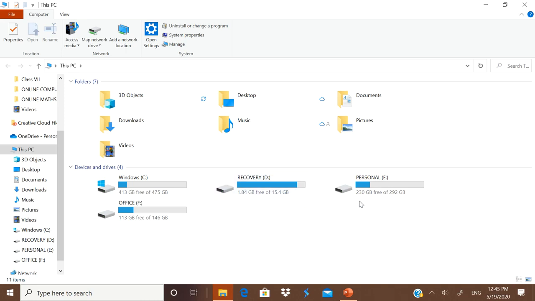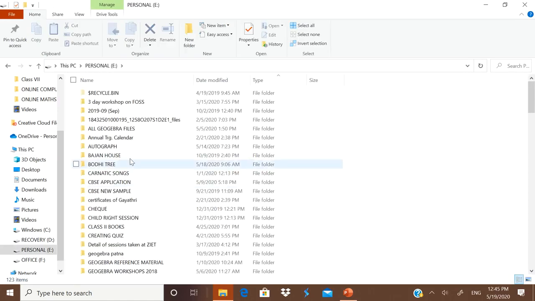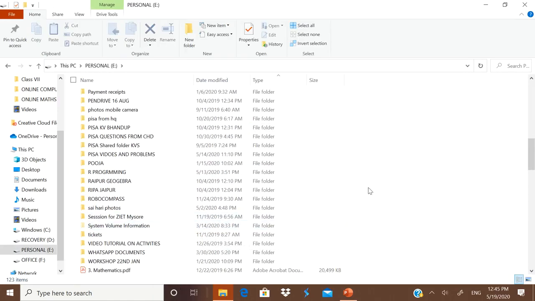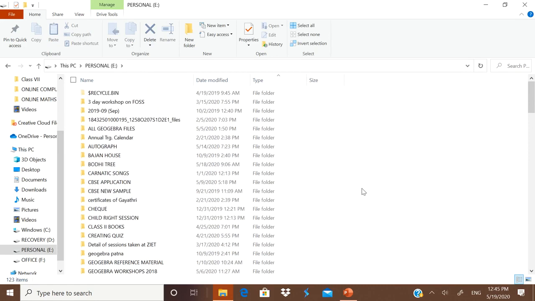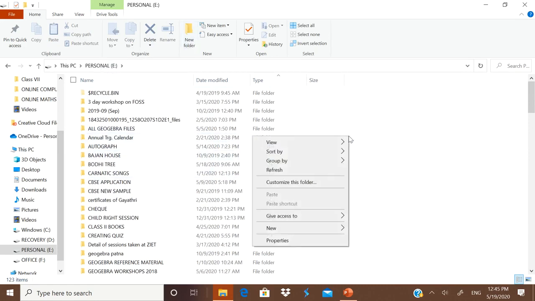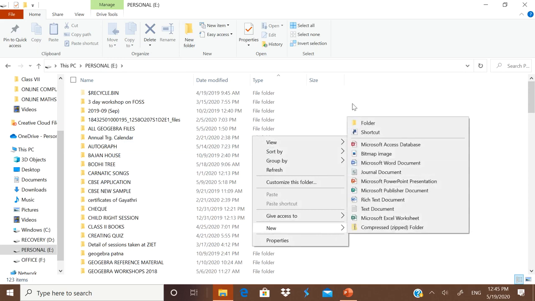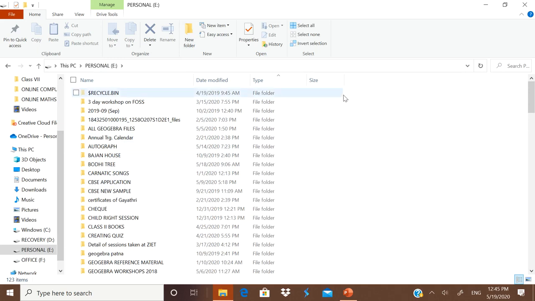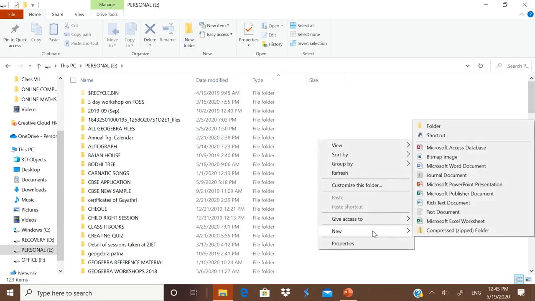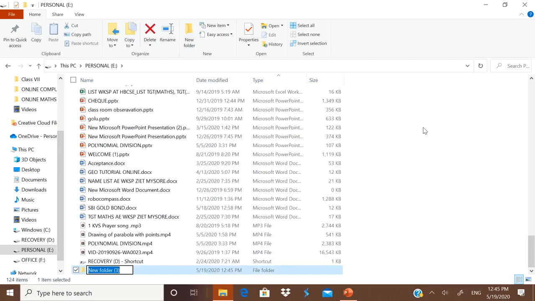To open the drive in which you want to open a folder, click it, and then there are so many folders already there. To open a new folder, there are two ways. On the top you are having a new folder, you click it, or you right click and go for new and then go for opening a folder. I repeat, either you can directly go to this new folder, or right click, go to new and then prepare a folder. Automatically it will give you the name new folder only here, but don't leave it as it is.